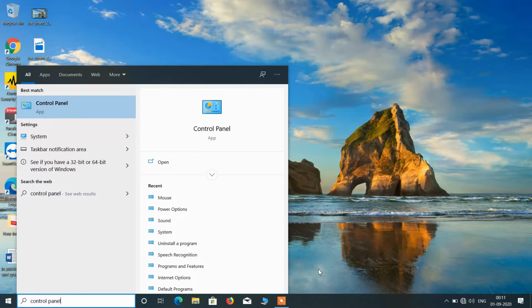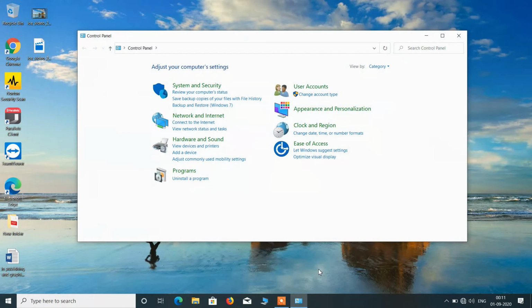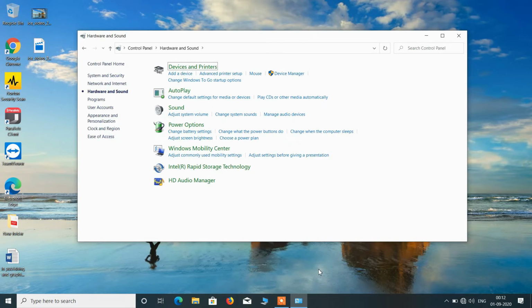Now use the arrow key to select the control panel search result and just hit enter. Now use the tab key until the hardware and sound option is selected. So the hardware and sound option is now selected, just hit enter.